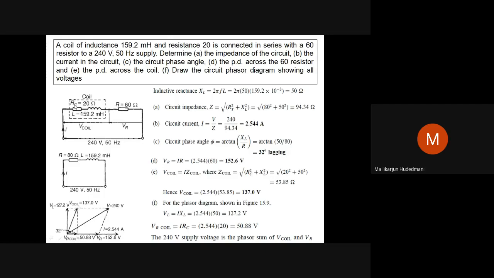V coil is again the voltage across the resistor and the voltage across the inductor, the sum of these two. You can see here, this is the hypotenuse, the diagonal of this small construction, which is VR coil and VL of that coil, and the resultant is V coil. This V coil is resultant with the V capital R outside. That is your grand resultant 240. This is one different way of approach of drawing the vector diagram. So you need to be careful and concentrate on such problems.